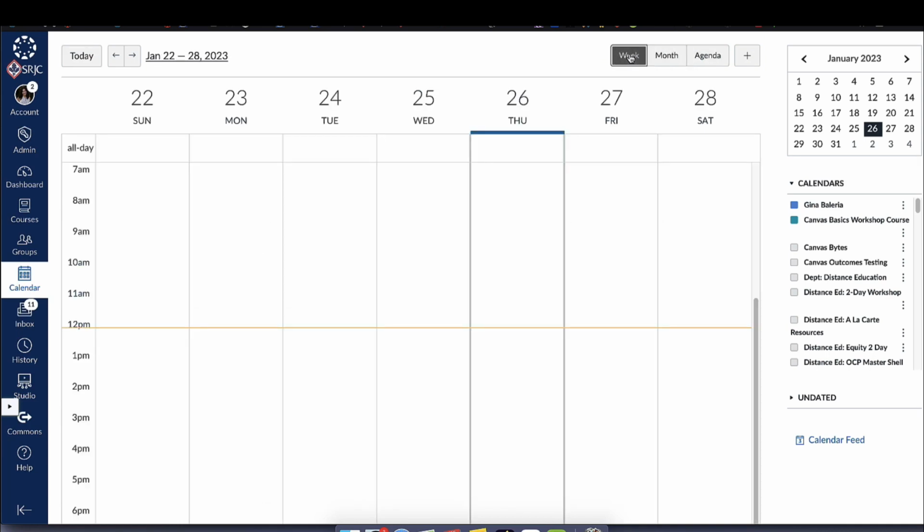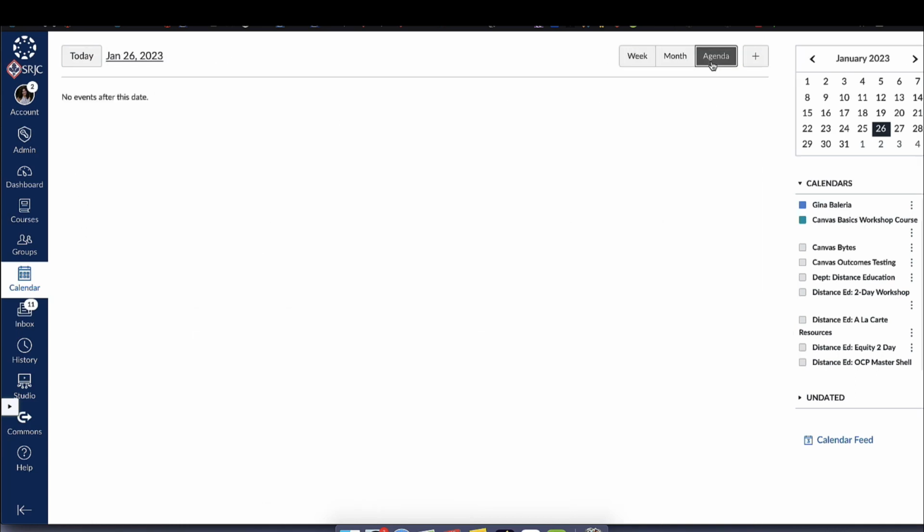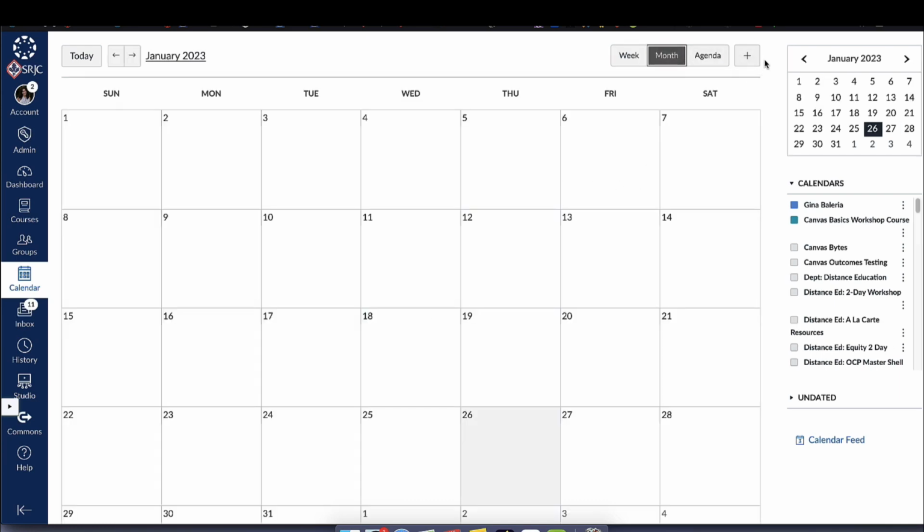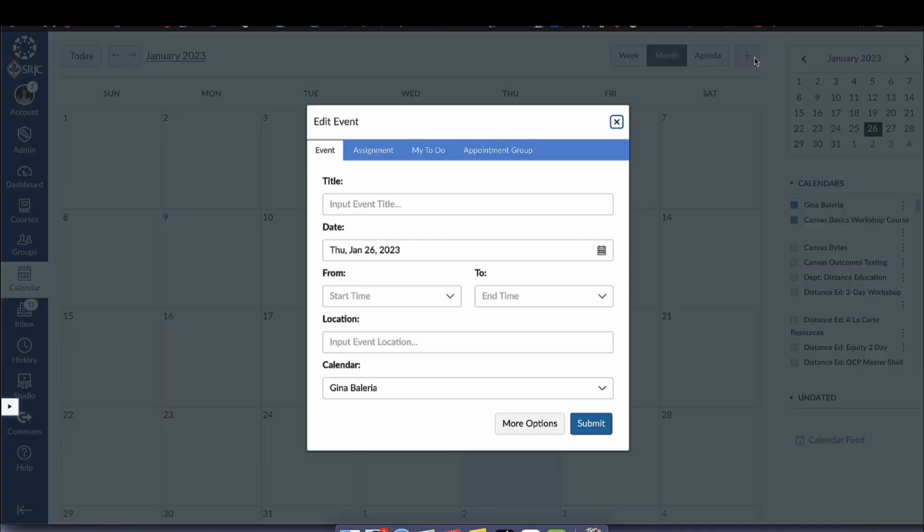I can look at the calendar differently, just as you can look at any calendar. I can look at it by week. I can actually look at an agenda view, which will give me a list of to-do items. And right here with this plus sign, I can add events to my calendar. So if you want to add an event to your calendar, you click on that plus sign